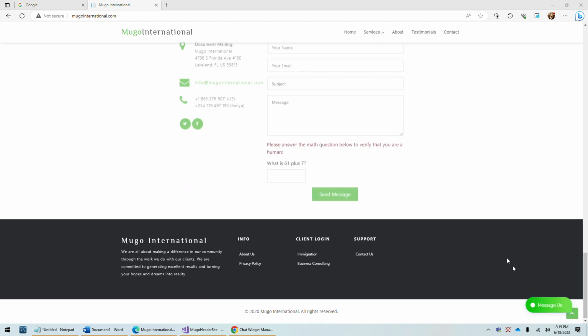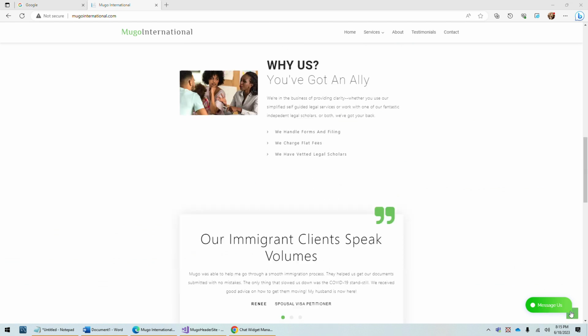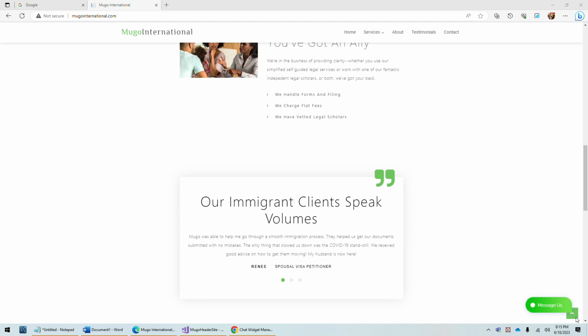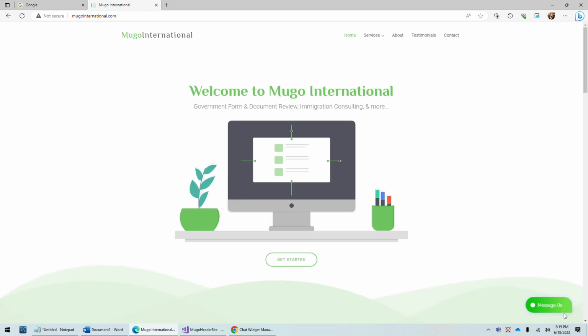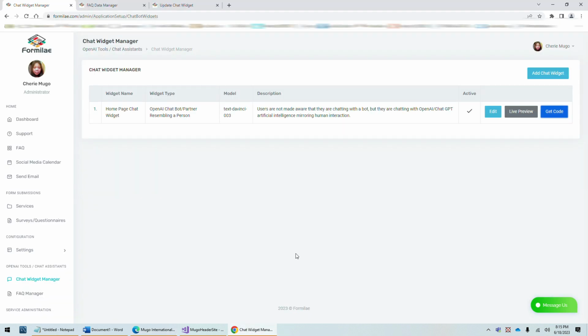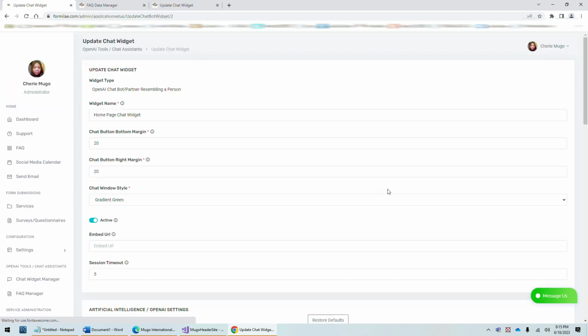Now, this is a great time to go over margins, which I said I would get to later. This button is interfering with something that I already have on the website. Most websites have a little button that will take you to the top, and it's overlapping. It doesn't look good. So you can navigate to administration and click on edit for your chat widget, and you can adjust the